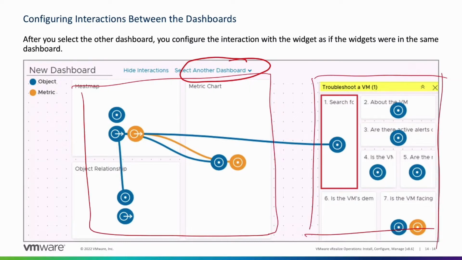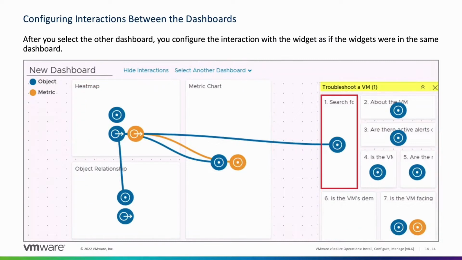Again, we've got the sender icon, the receiver icon. We have blue icons. We have orange icons. So the icons mean exactly what they did before. But now that you have two dashboards side by side, you can drag and drop to create connections between the dashboards. For example, in our screenshot here, you can see that in our dashboard called New Dashboard, we have configured